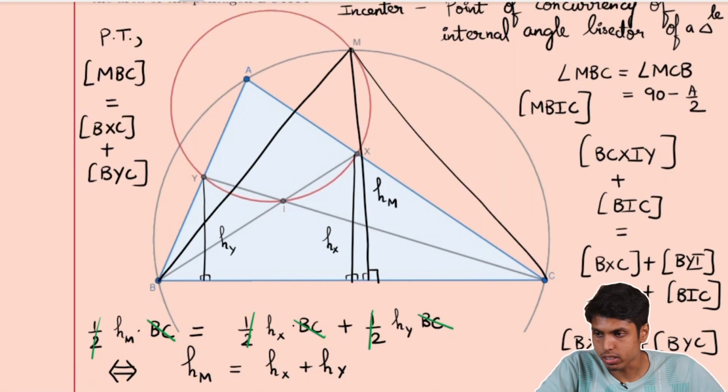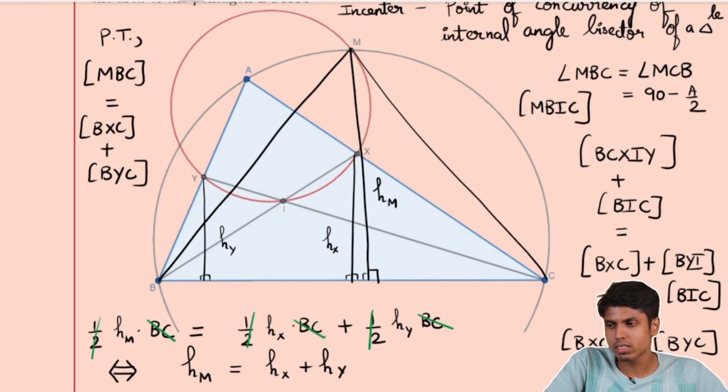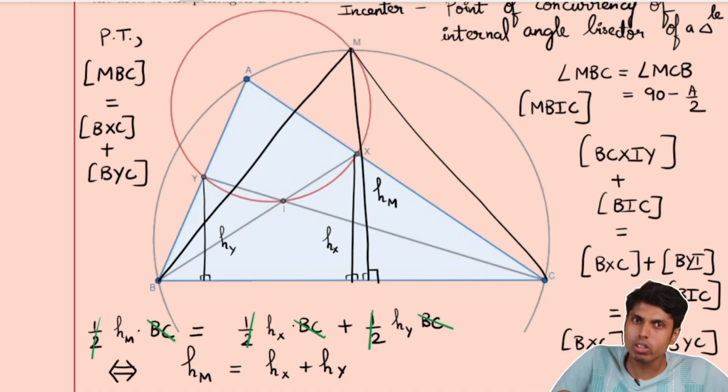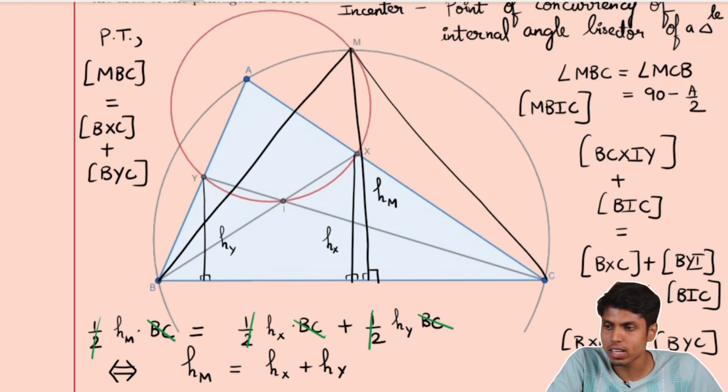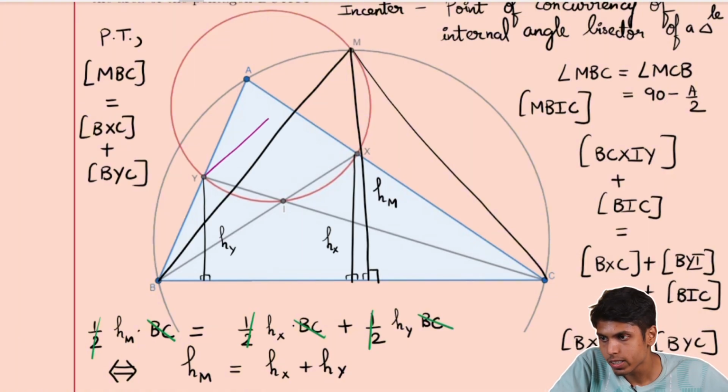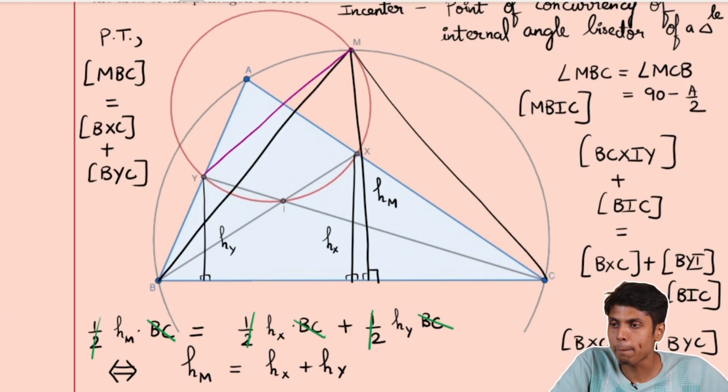So that means if I am able to prove that the 4th vertex of the parallelogram is on the line BC, then you will get the perpendicular height to be 0 and you will get HM plus 0 equals HX plus HY, which will complete my solution. And this is exactly what motivates me to construct a parallelogram with vertices M, X and Y and another vertex,